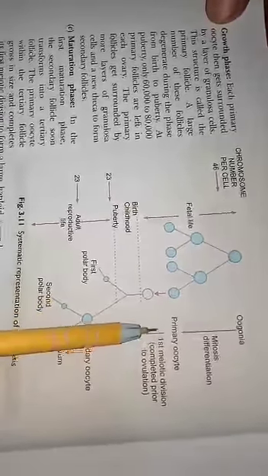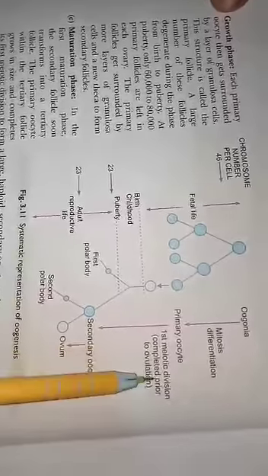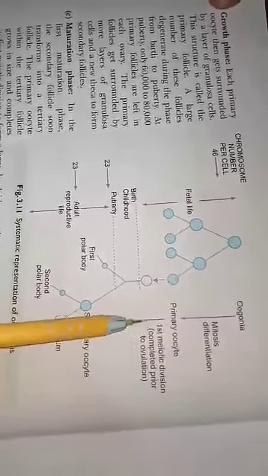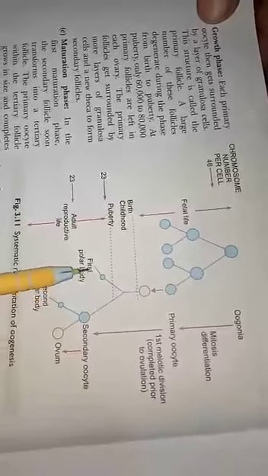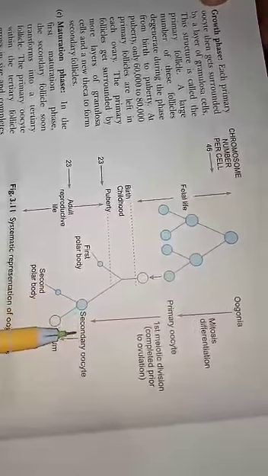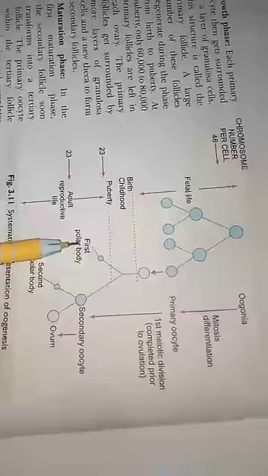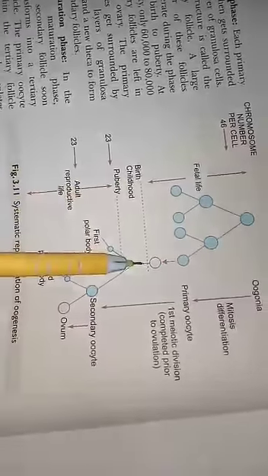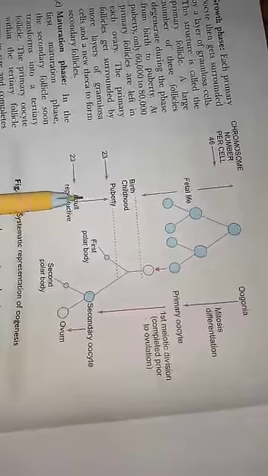Now again it is going to divide. The first meiotic division is completed prior to ovulation. In the first meiotic division, this cell forms the first polar body and the secondary oocyte cell. The primary oocyte cell gets converted into a secondary oocyte cell and forms one first polar body in the birth and childhood stage. After puberty, the first polar body forms. Now again this secondary oocyte forms the second polar body and ovum or egg in the adult reproductive life, and the number of chromosomes gets reduced to 23. So this is the schematic representation of oogenesis.